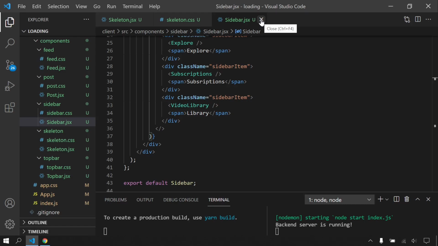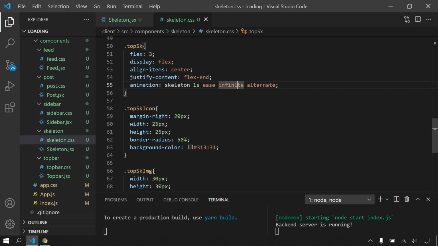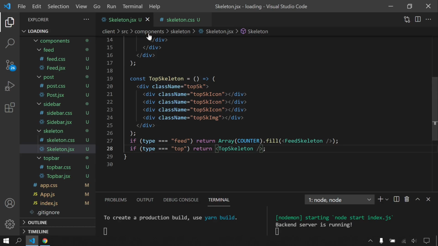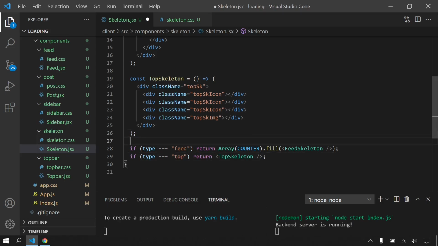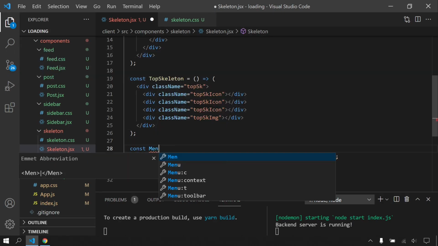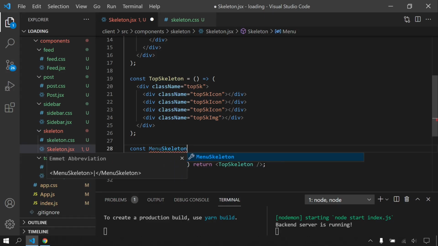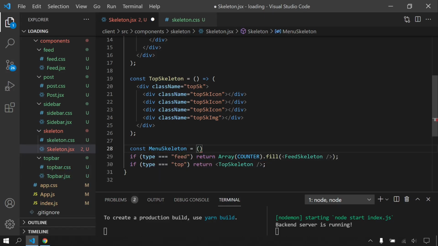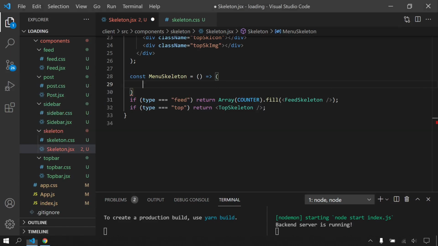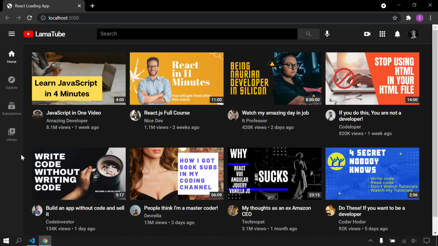So I can close here, and let's create our menu skeleton. I will say const menu skeleton, my function, and I'm gonna return another div. What we have, let's see. We have only 4 icons.